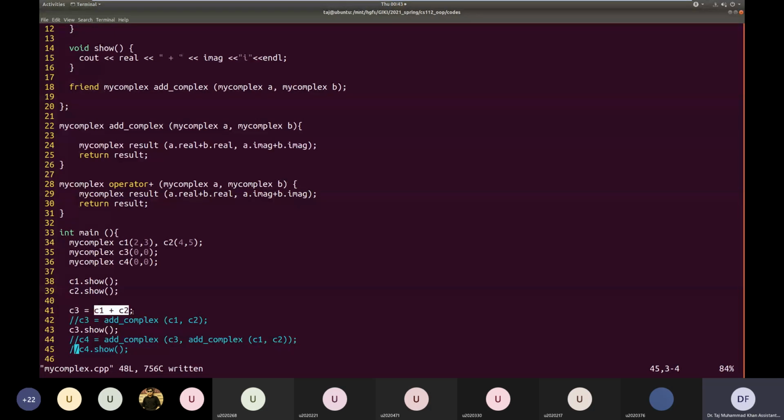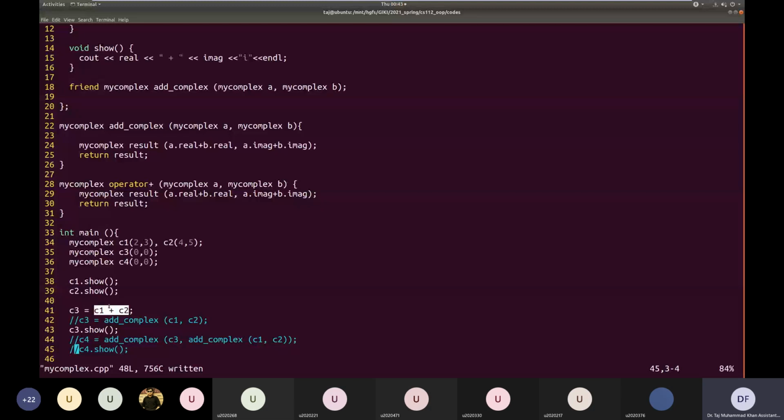It will not find any, because it's a new type that we have defined. It does not know what my complex type means. So as a second thing, it will search in user code. In the user code, has the user defined the plus operator functionality for this type my complex?